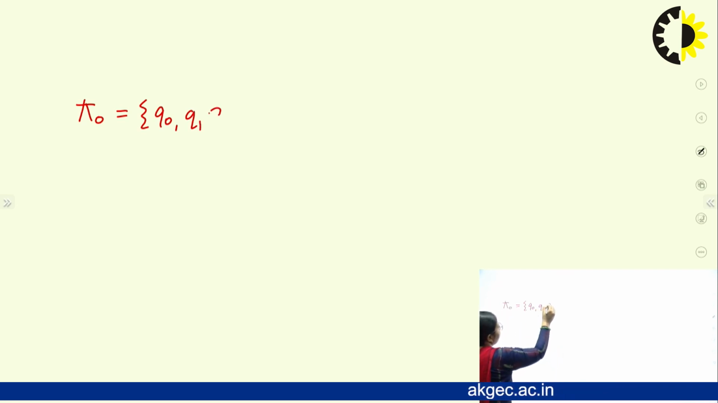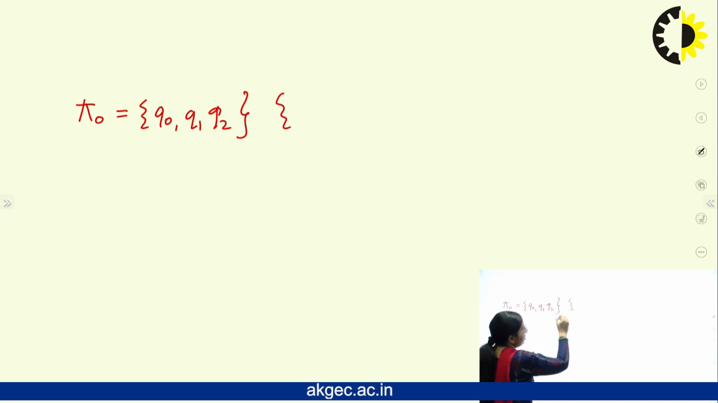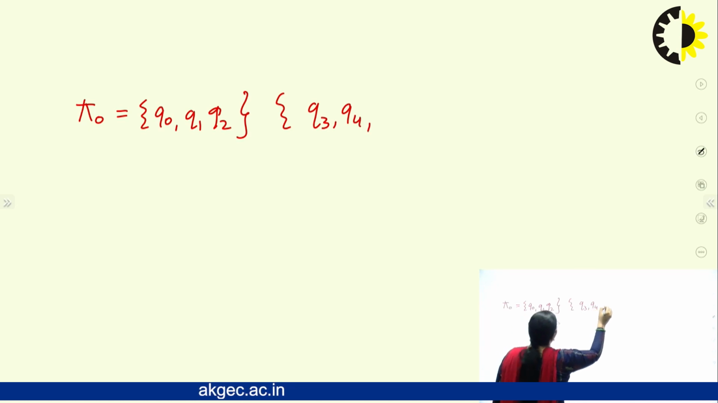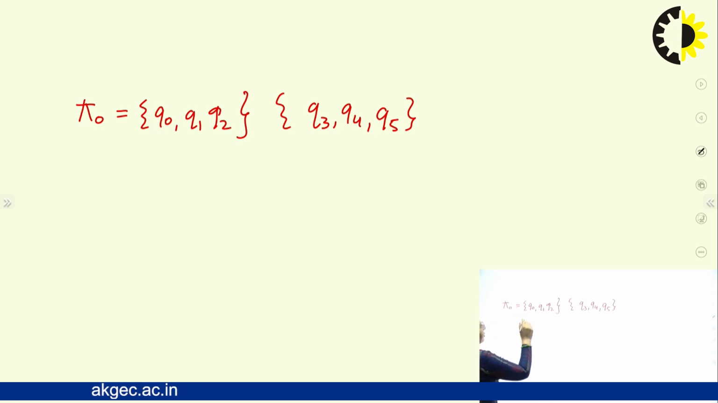So in the previous step we got phi 0 as Q0, Q1, Q2, and again the set we got is Q3, Q4 and Q5. These were the sets, and after doing the partition in the first phase we reached phi 1, that would be Q0,